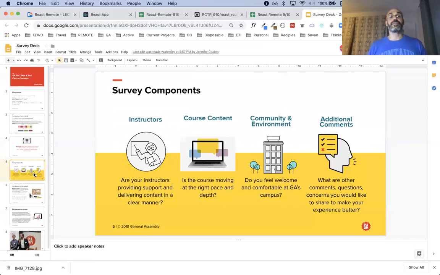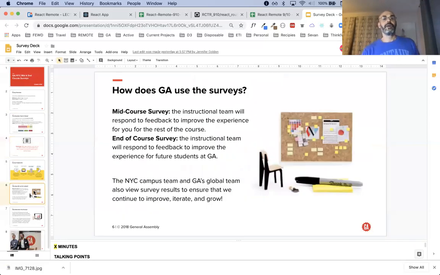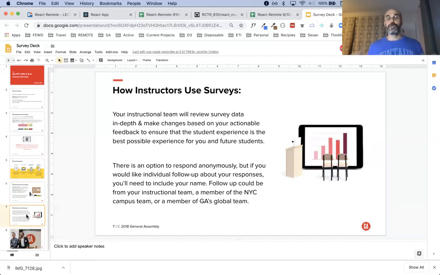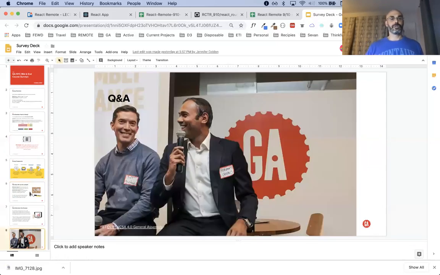The survey will ask you about, obviously, the instructors, about me, the course content, the community, and any additional comments you might have. And then the survey is shared with the instructional team. My manager looks at it, her manager looks at it, everyone chats about it, and we compare this React class with the previous React classes and see how we can up those NPS scores and read the feedback and make those changes. And then once again, I look at all the feedback. So you already know I'm looking at it. And yeah, does anyone have any questions, or are you curious about anything?